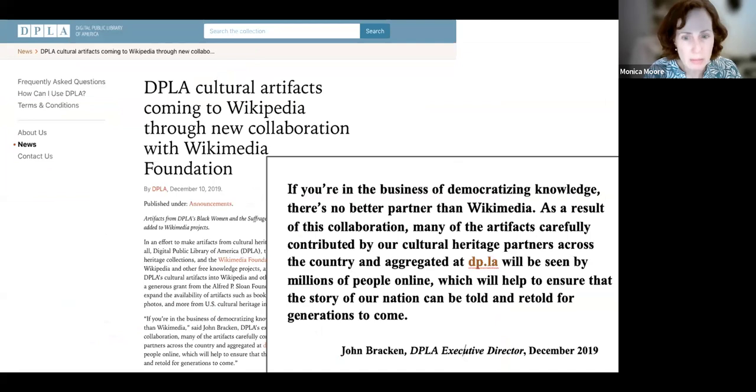So DPLA has long been contributing their digital assets to Wikimedia Commons, which requires the right statements. And so if we had not taken the time to employ these right statements at the item level, there would be a lot of great content that people are discovering via Wikimedia Commons that comes from maybe a very great archive that no one else might have discovered if they hadn't come through the front door of that archive, the digital front door. Instead, they're discovering it over here and having that consistency of knowing how they can use it. They may never come to that particular digital collection, but they're still getting the benefit of it.